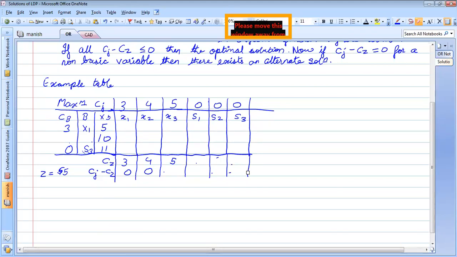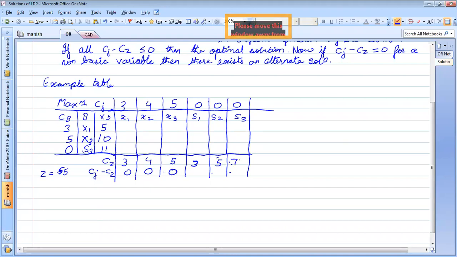Let us say we have here x1, here we have x3, then s3, let us say 5, and here also we have 0, here we have minus 3, 5.